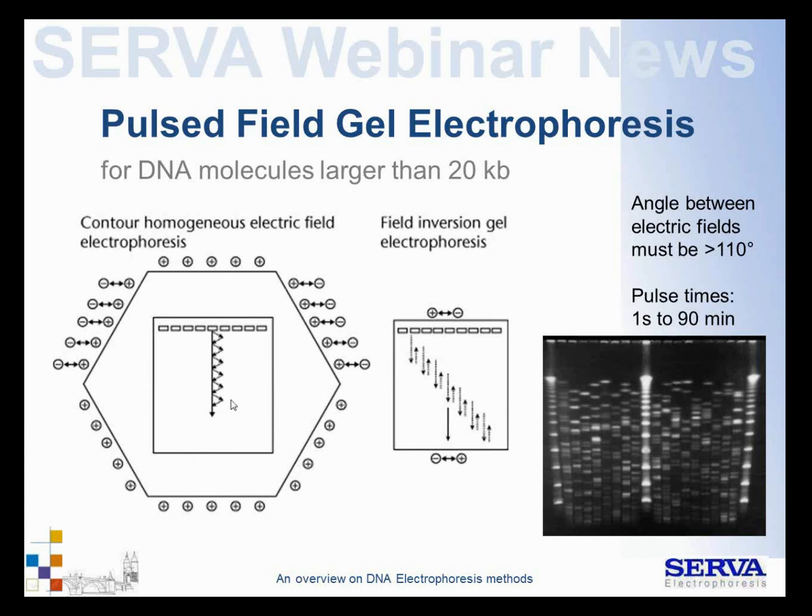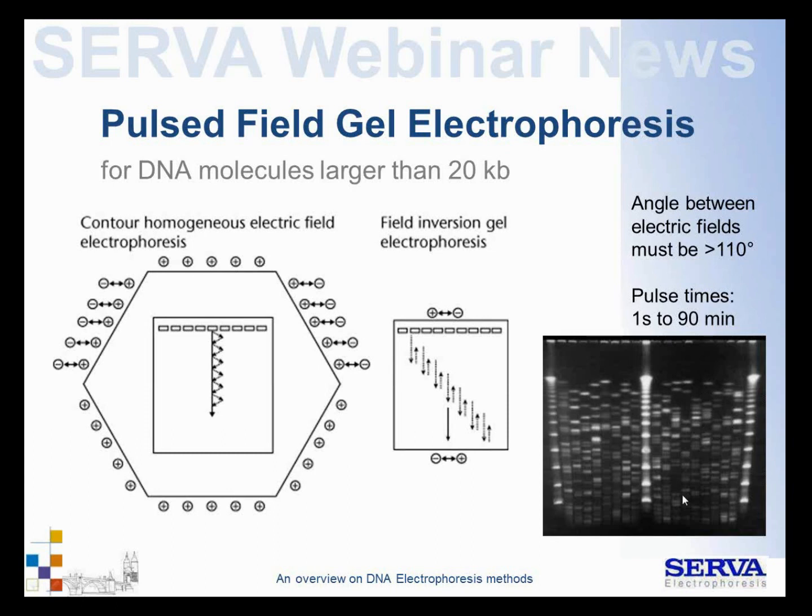There are different systems on the market. One very famous is the hexagonal system that you see here, but there are also others, like turntables and turning electrode systems, or here you see a field inversion gel electrophoresis where you just switch between two directions. It is necessary to have an angle of at least 110 degrees, otherwise the rotation direction will not change, and then you won't get a separation. The pulse times are also dependent on the sizes of these